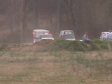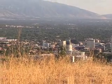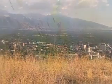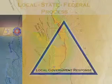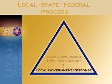A major earthquake along Utah's Wasatch Front would cause significant damage and impact lives in several cities and counties. Each city affected by the earthquake would use all its available resources to respond to the community needs. If the city needs additional help, emergency management officials would reach out to their county for assistance. If the county exhausted its available resources, the county then asks for help from the State of Utah Emergency Operations